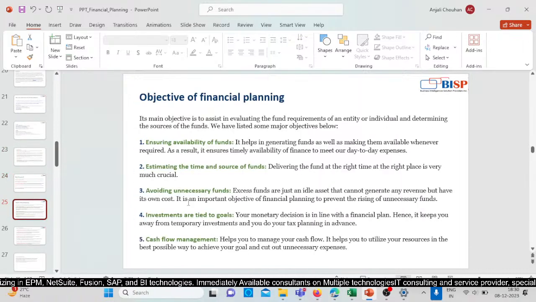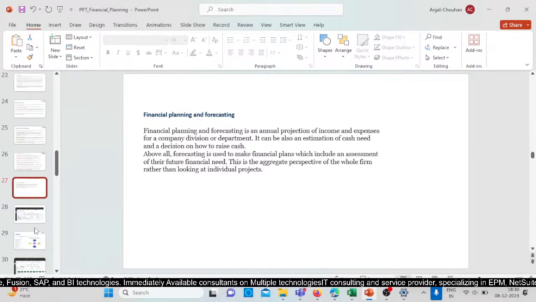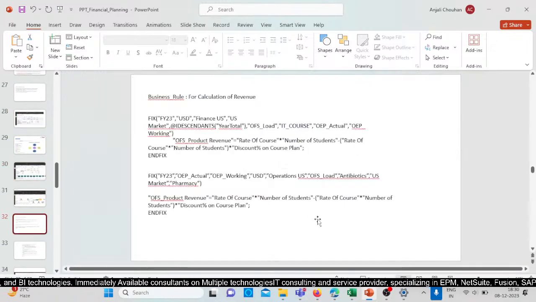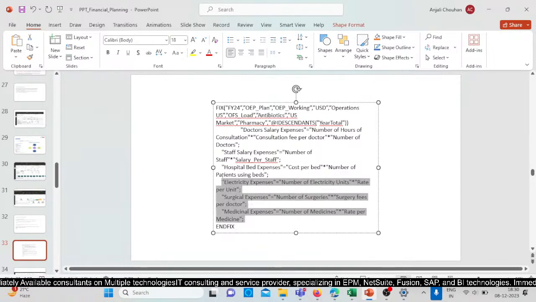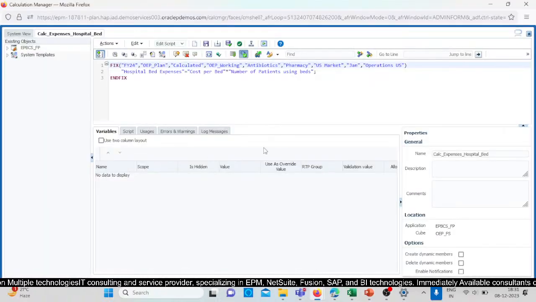Okay, driver based planning and trend based planning, clearly we have understood now. Okay, so suppose I want to calculate the expenses. Copy this and